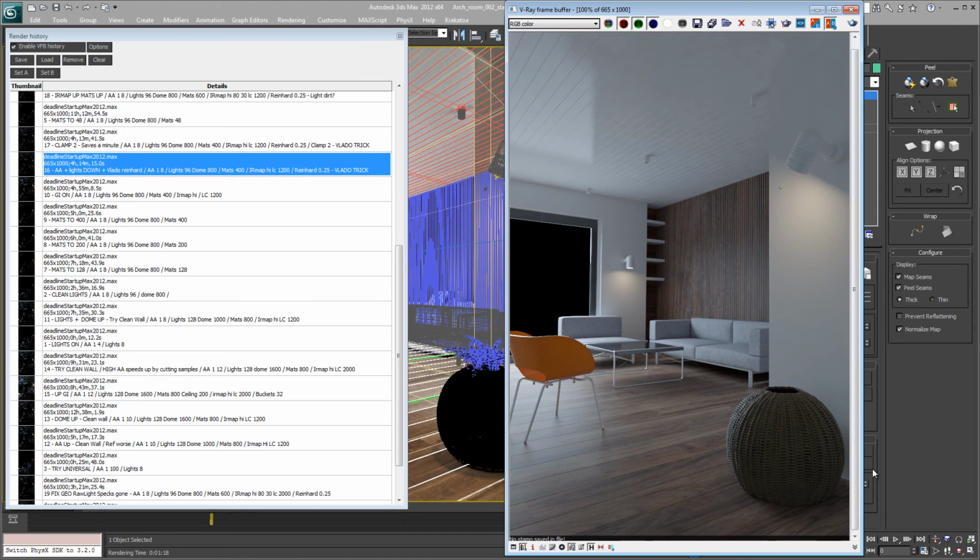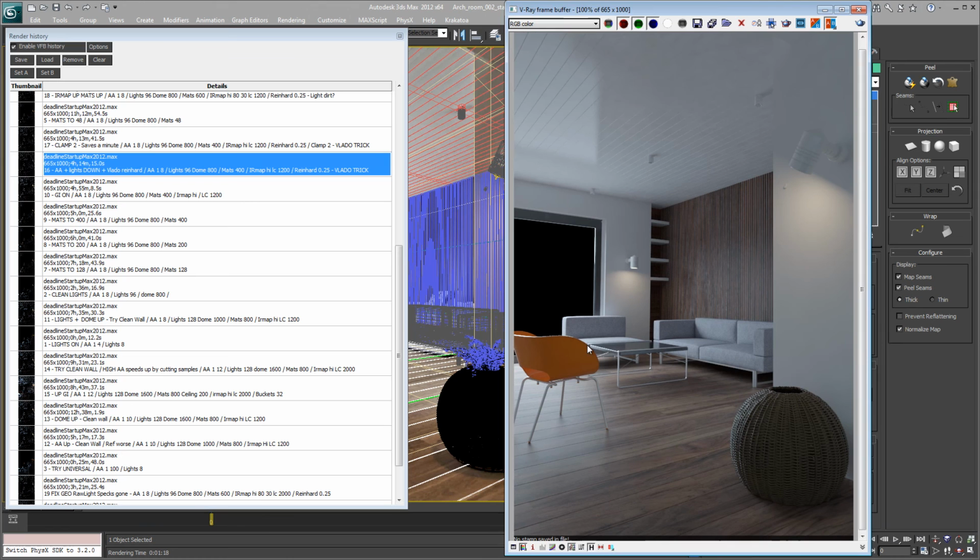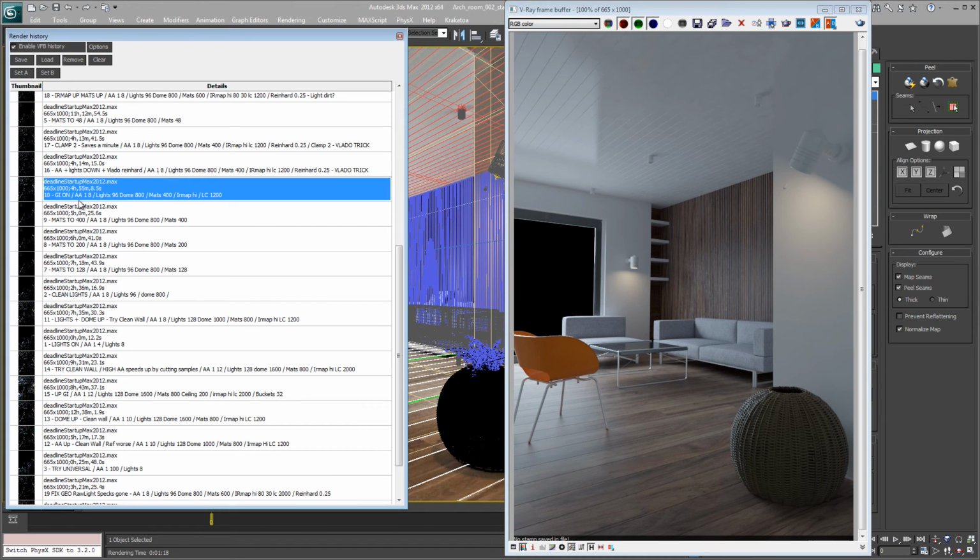But two good things happened with that. One is that it got less harsh looking, and the other good thing is I took 45 minutes off my render time. The last version of the render that we went to was, I think, version 10 actually, so this is the one that we went back to with our AA back to 1.8 after all the useless messing around with trying to use higher anti-aliasing. So we went from 4 hours 55 to 4 hours 14 just by changing that one thing there,